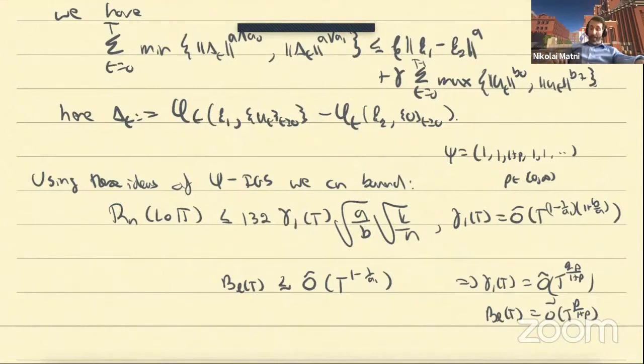These bounds are really not meant to be used as, okay, I literally need to collect n greater than or equal to 132 squared gamma 1 squared AB over K or something to get an epsilon over epsilon squared accuracy. That's really not the way to look at these bounds. The way to look at these bounds is more to be able to understand what the underlying properties of a system are, and how they manifest themselves in the easiness or difficulty of a learning task. And that's really what we were after here.